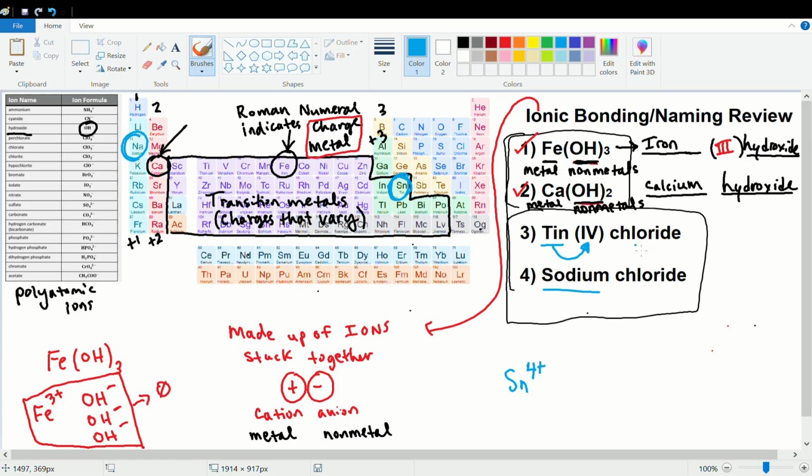The chloride, if I do that in yellow, the chloride's over here. And so we have a metal bonded to a nonmetal, and the chloride is -1. So remember that the charge of this column is -3, the charge of this column is -2, and the charge of this column is -1. And so, just like I said earlier, if we want all of this to add up to equal 0, we're actually going to need